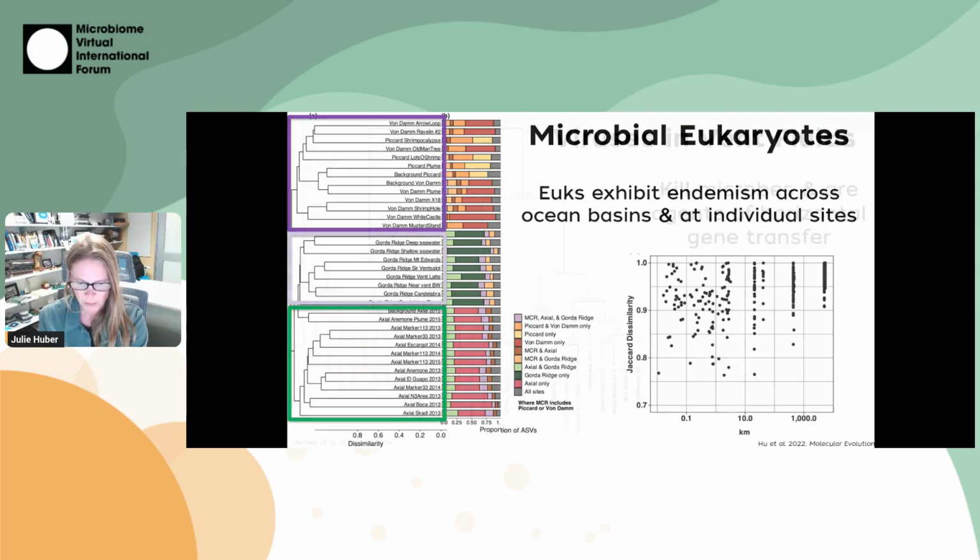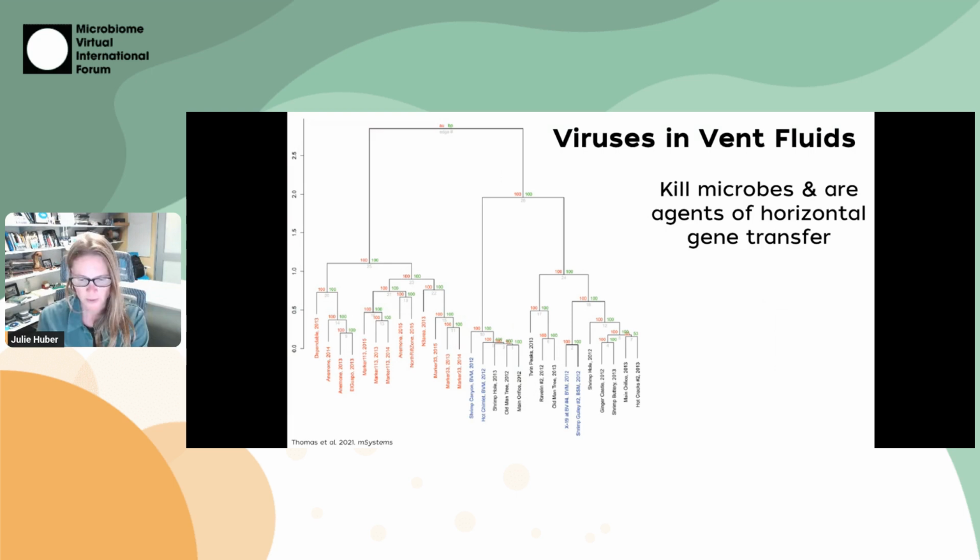We've also been looking at the other killer of microbes, which is viruses. For viruses, most of the data is from DNA viruses. There's a little bit of RNA virus work that's just starting to come out from vents, but there still isn't that much of it. In this study, which was published a while ago, we looked at viral OTUs from hosts' metagenomes. And this was also from 2 sites, one in the Pacific and one in the Caribbean Sea.